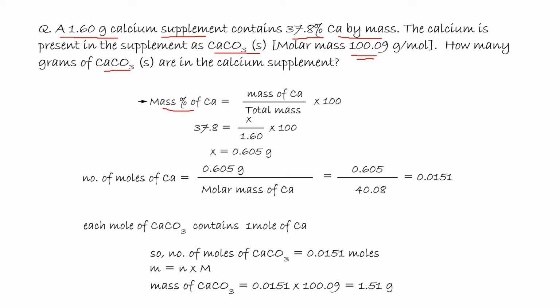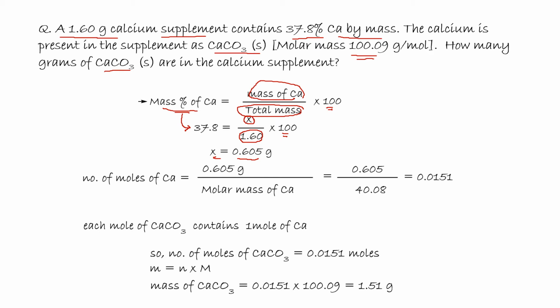Well, mass percent of calcium will be equal to the mass of calcium divided by total mass of the sample times 100. Given calcium percent 37.8, mass of calcium is unknown. The sample is 1.60 gram times 100, that makes X equal to